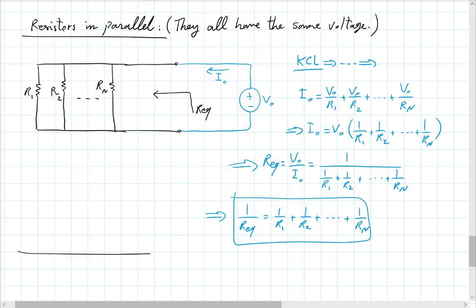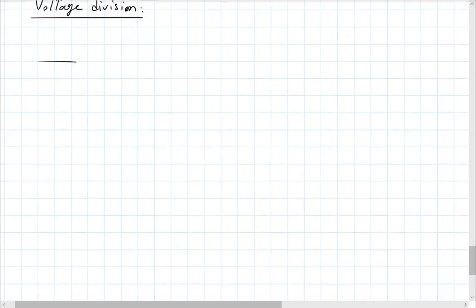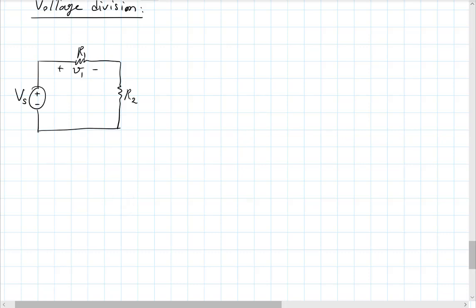I want to talk now about this concept of voltage division and current division. So this is the simplest example. If you have two resistors like this, across the series combination of which you apply a voltage, let's call this Vs. If this is R1 and this is R2, and if I ask for V1 and V2,